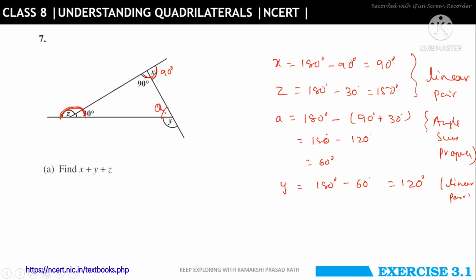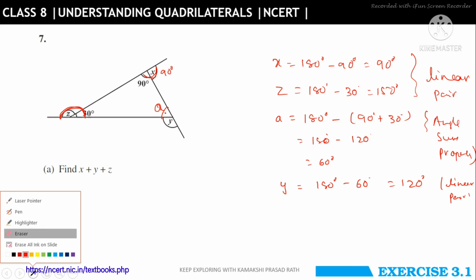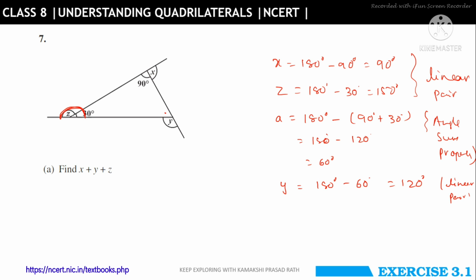Okay, so let's see this again once more. Here in the figure, two interior angles are known. We have to find the sum of the exterior angles. So this is 90, this is also 90, because 180 minus 90 we get 90. If this is 30, 180 minus 30 we get 150. And to know this one, it must be known. So this one you are finding using the other two angles inside the triangle, using the angle sum property. Then using linear pair you are finding y.